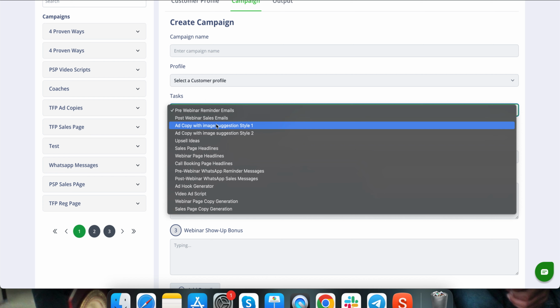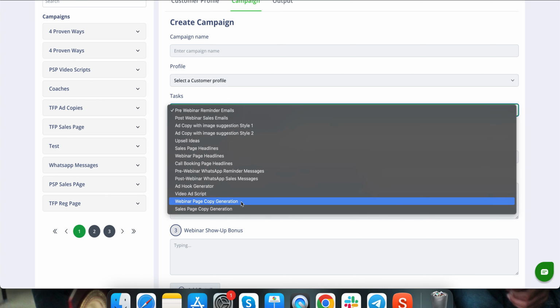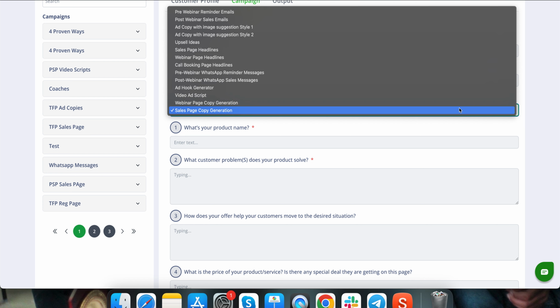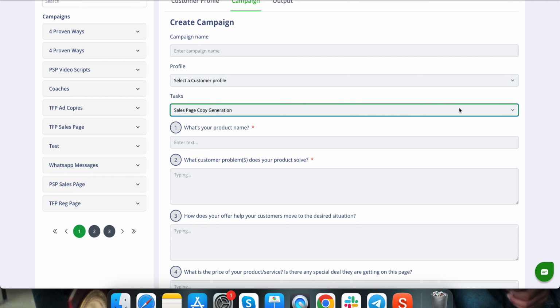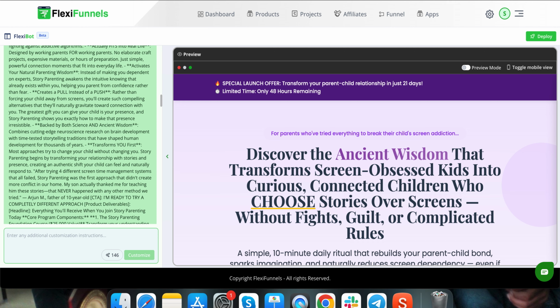Of course you will be using everything else also, ads and everything, but for the AI website building feature, you will be creating the page copy from here. Let's say webinar page copy or sales page copy, right? We have given a specific training on how to use the AI marketing engine. You can see it inside the timeline. But again, you will be using that. And by the way, I will also put the link below to watch the AI marketing engine training. Anyways, so yeah, you can create the copy over here and then you put it in the sales page design.